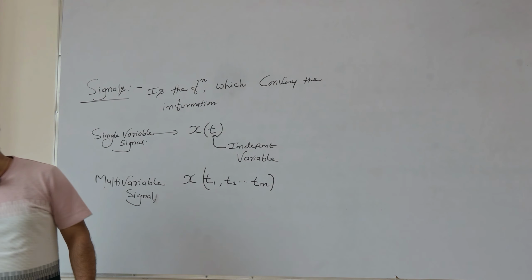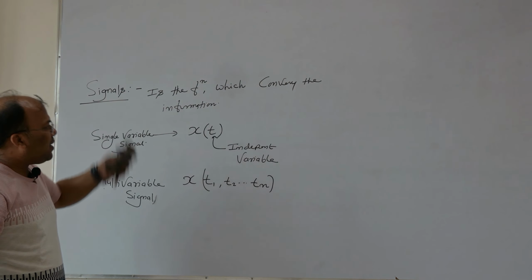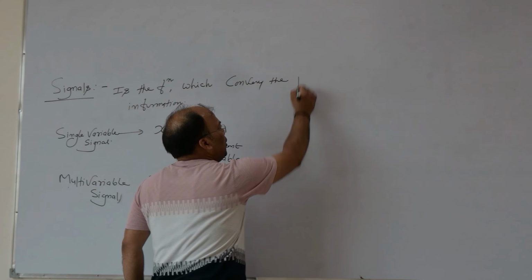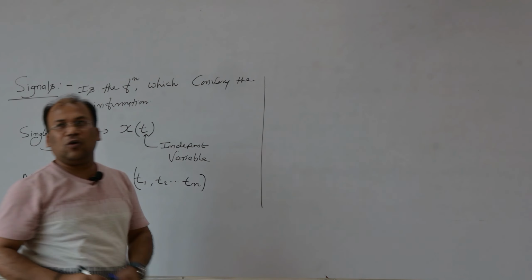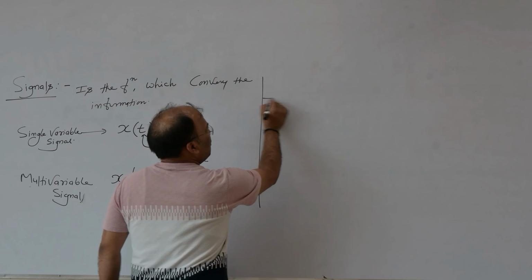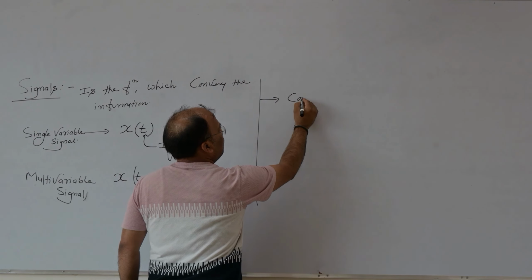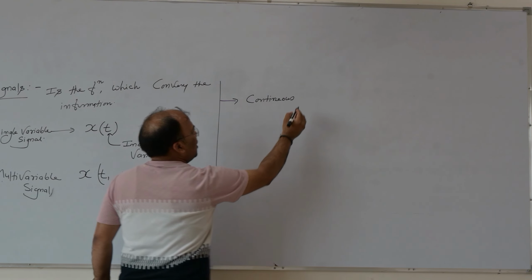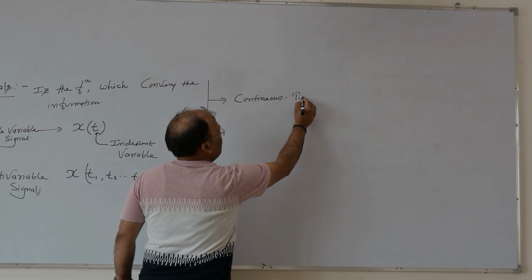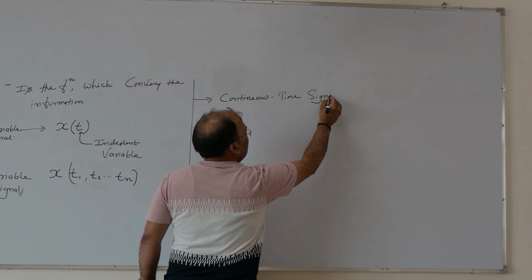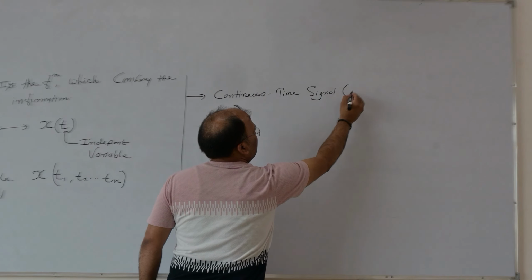So here we can classify a signal into two categories. One is called a continuous time signal,